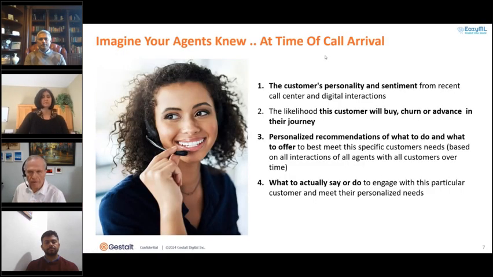And so we started this whole journey with the question of, what if your agents knew the customer's profile, the customer's personality, and their sentiment at the moment that the call arrives, including not just call center interactions, but other digital interactions? What if they knew the likelihood that the customer will buy, churn, or simply advance on their journey, and even what they're supposed to do?